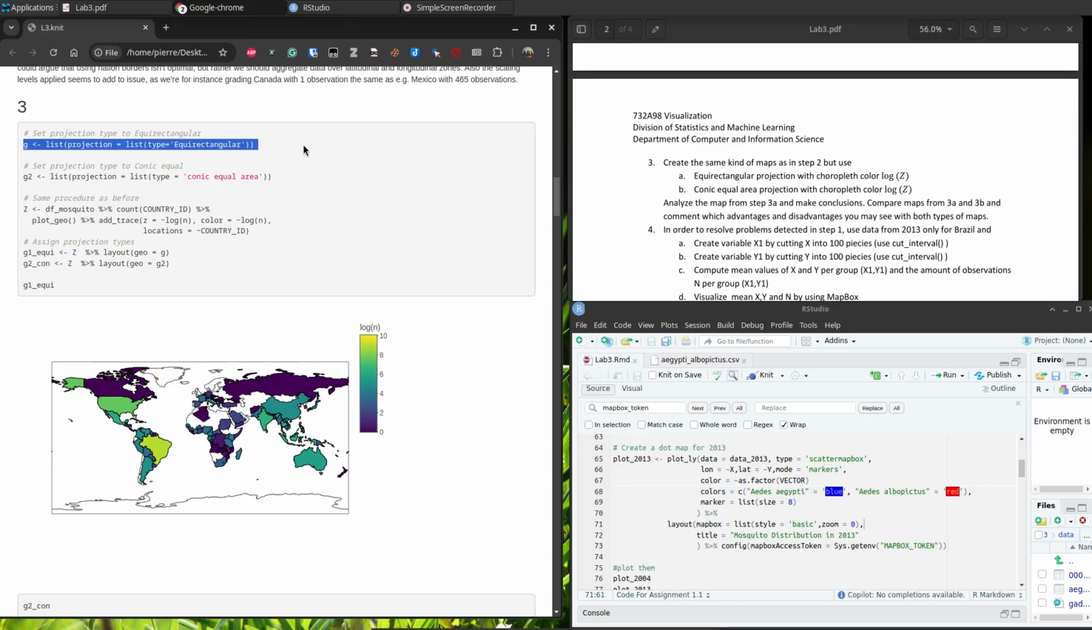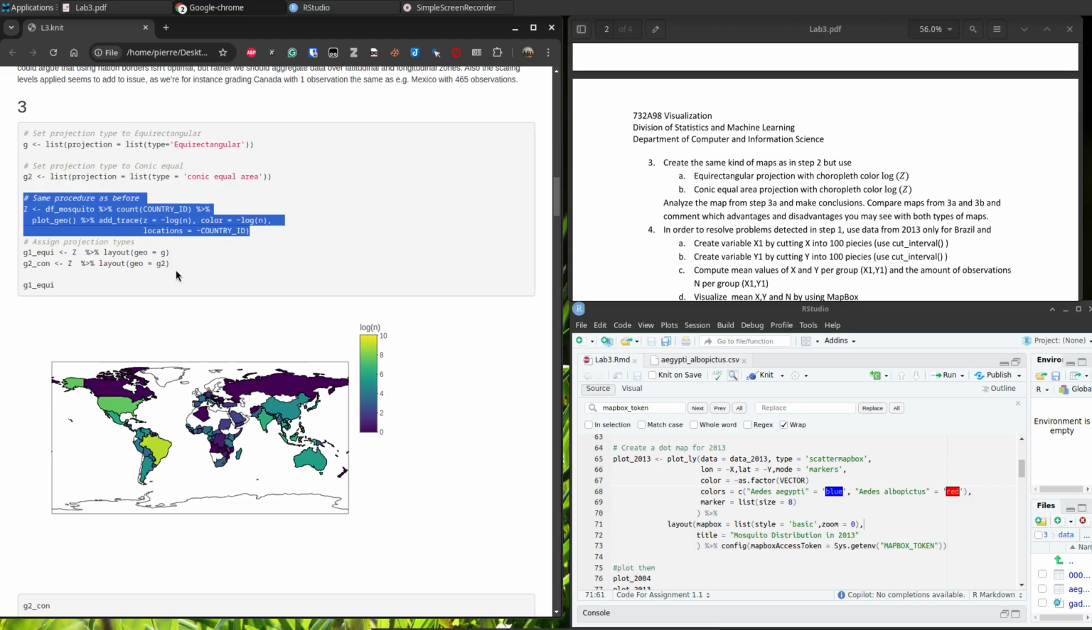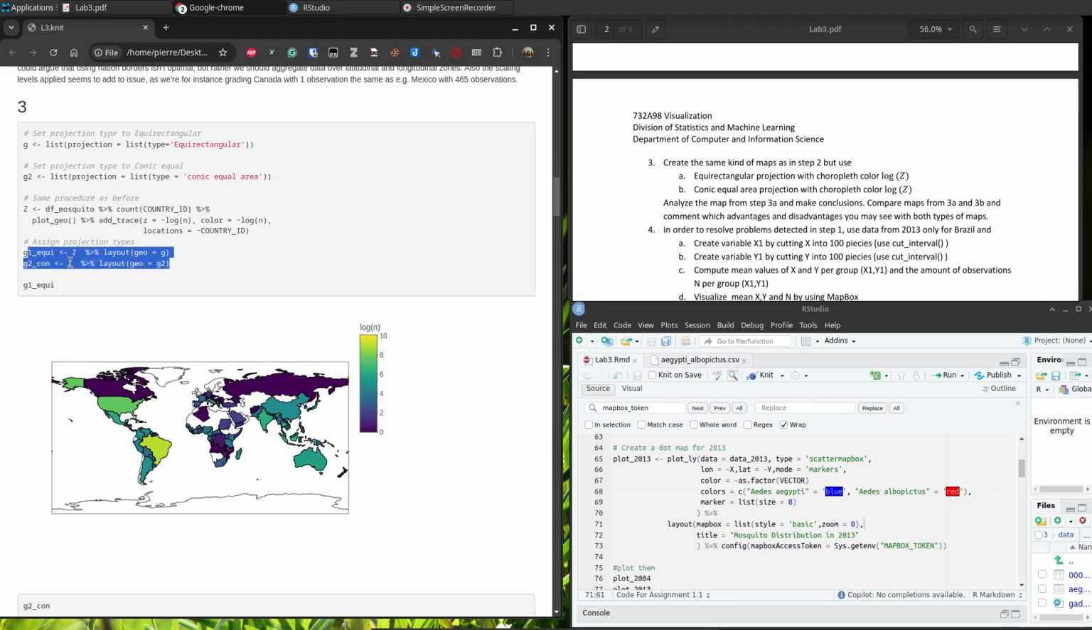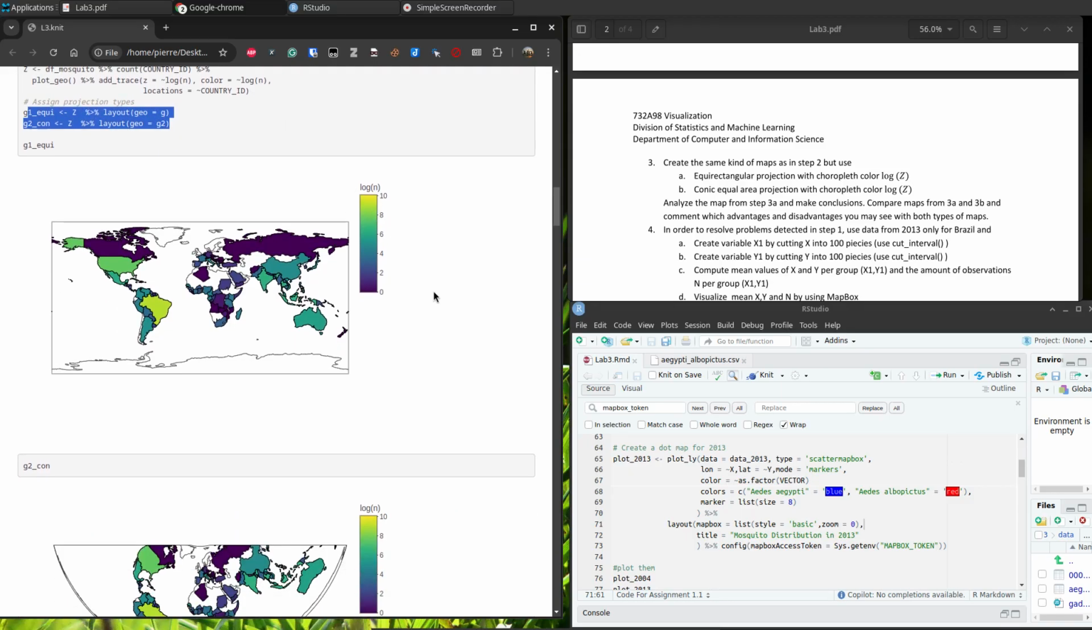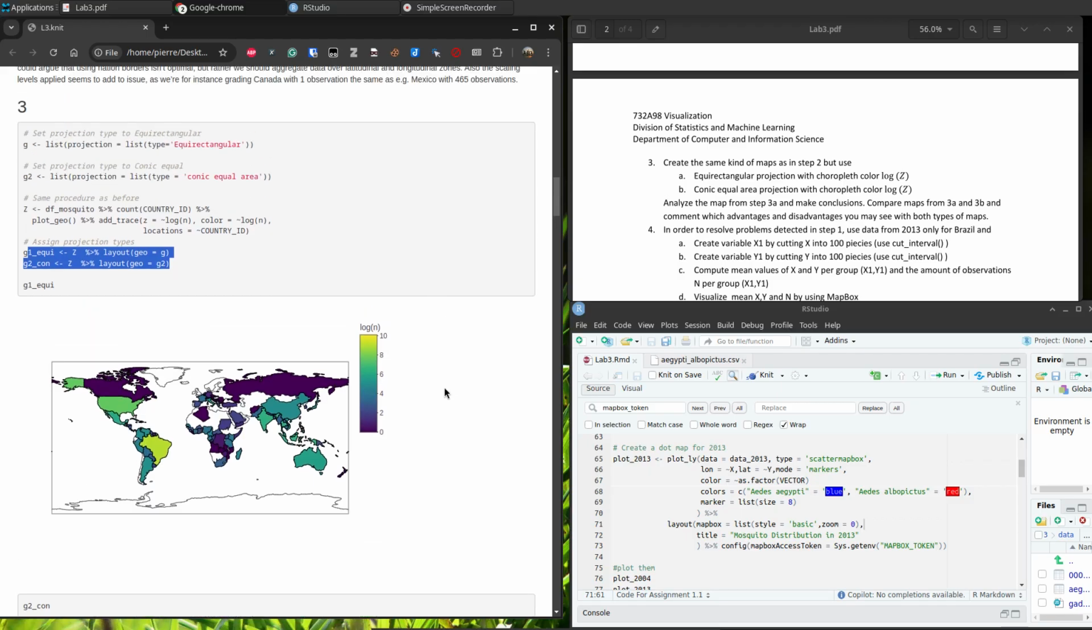But first of all, we set equal rectangular projection, and we also set another projection type. Then we're using this one to get the DF mosquito and count them by the country, and using plot GIL and then add a trace. This is no big issue, and then we assign the projection type and plot them. The thing is here, as I already mentioned, we should use different